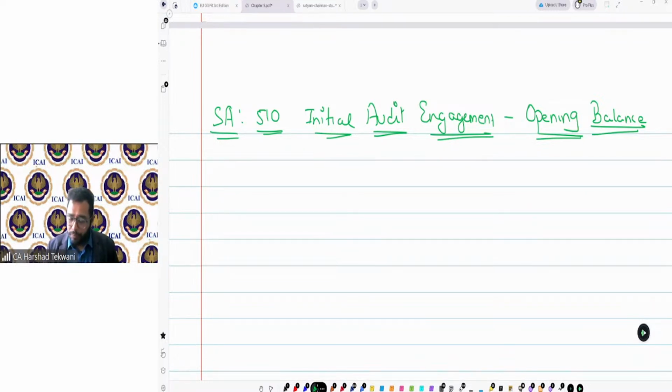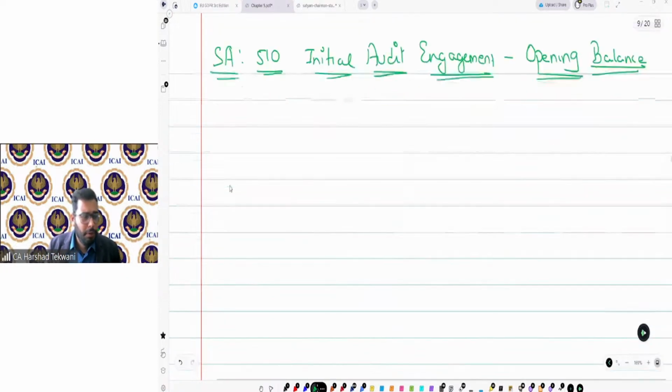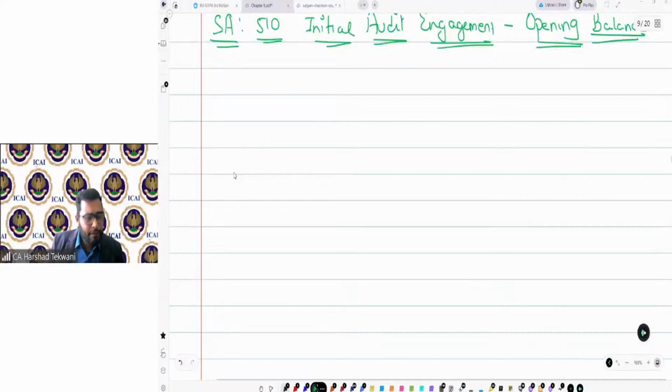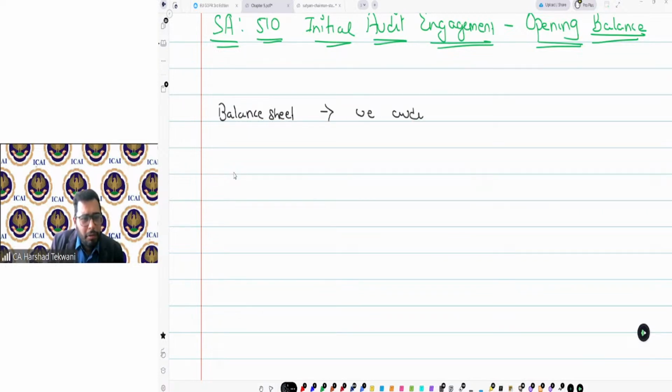In case of the balance sheet, we audit the balance as on 31st March, or the closing balance. So I'm talking about the balance sheet as of now. We audit the closing balance.